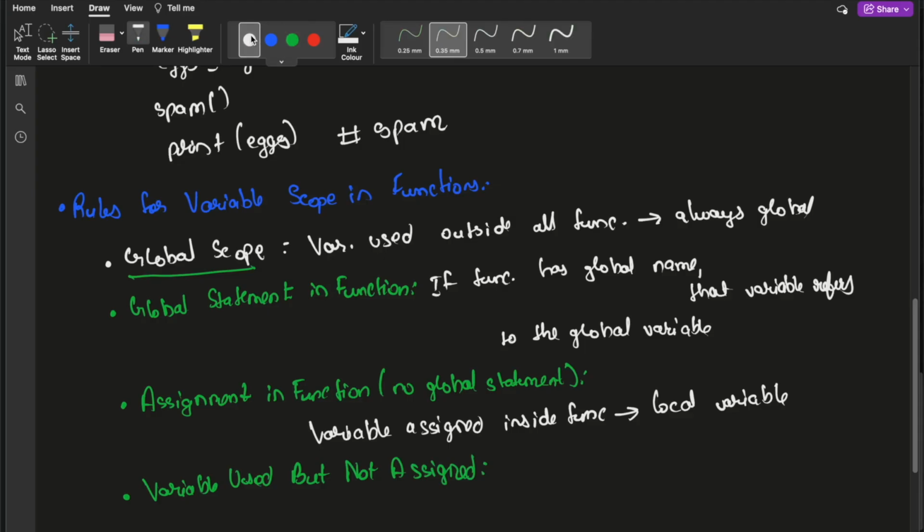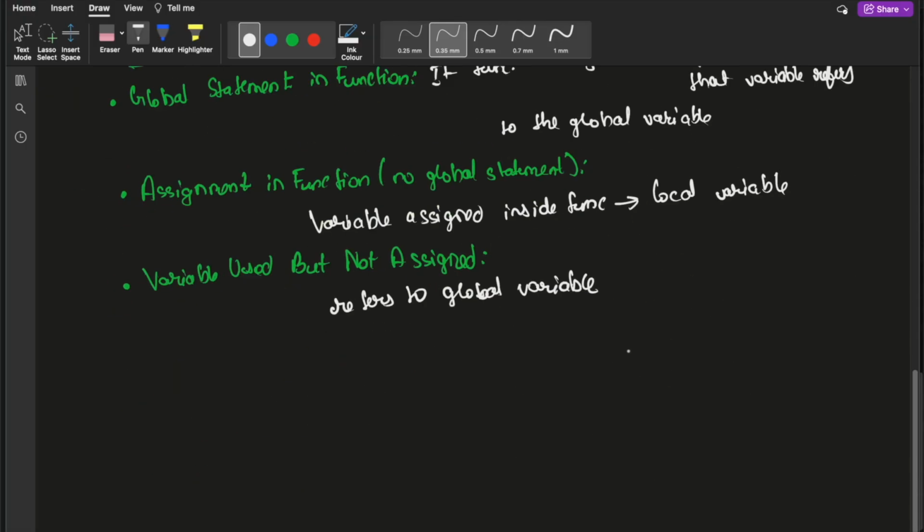Variable used but not assigned. What happens in this case is, if a variable is used in a function but not assigned, then it refers to the global variable only. So if it's used but not assigned, it is referred to as the global variable only. So next,